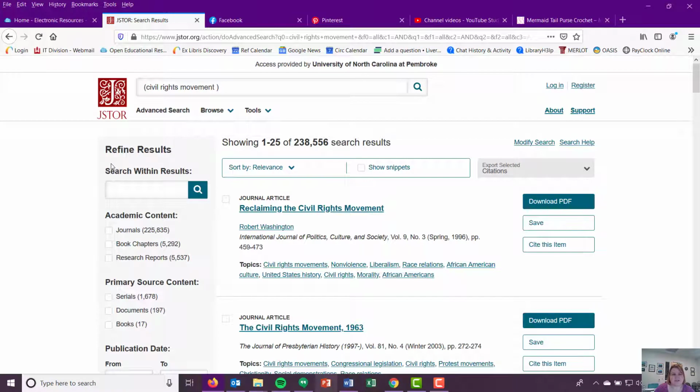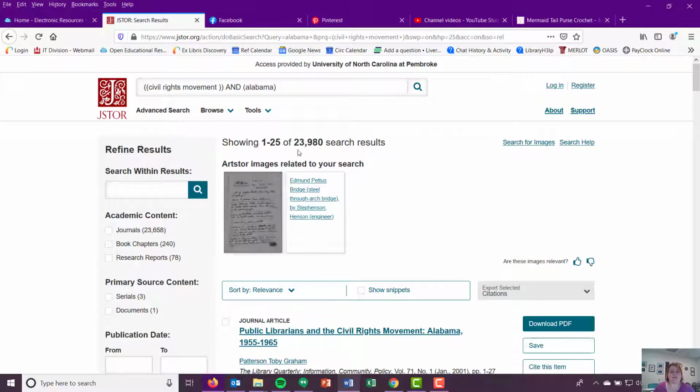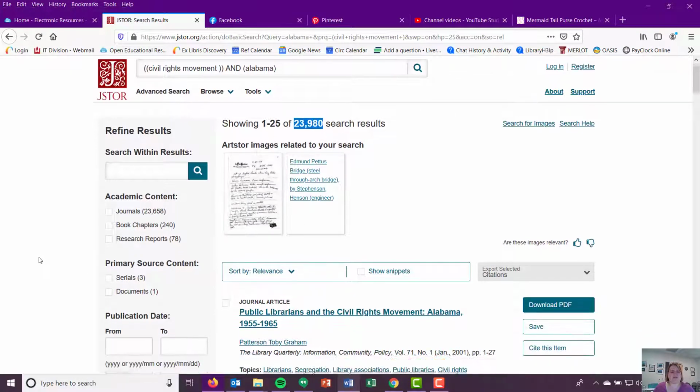Looking within it, searching is the same as ever. Put in your keywords. You saw you had those advanced search options where you could use Boolean operators and break things down, so adding in multiple keywords. Once again, you have this search within the result, so instead of completely restarting your search, you could say, okay, I want to talk about the Southern civil rights movement in Alabama. I'm curious what I get. Okay, so still 23,000 results on that.